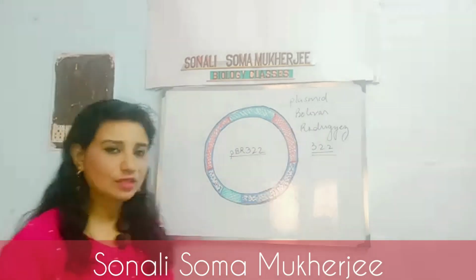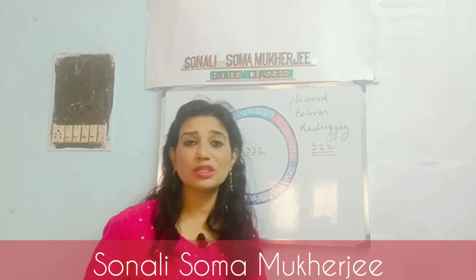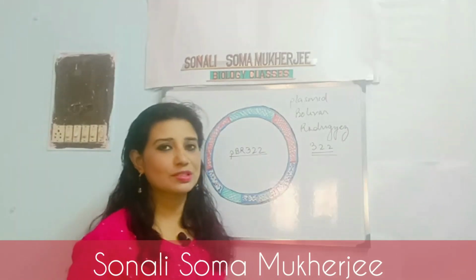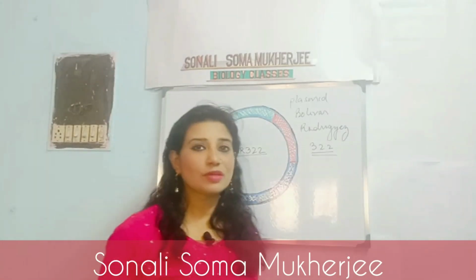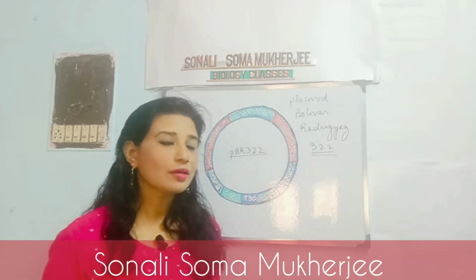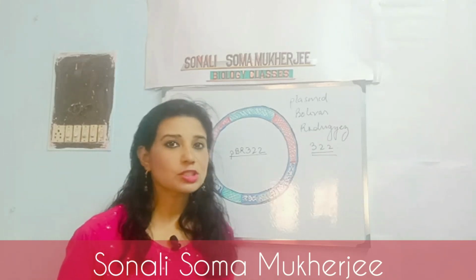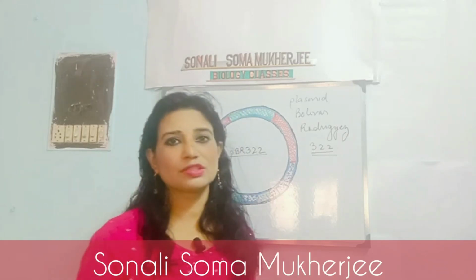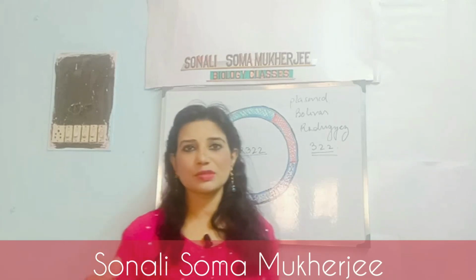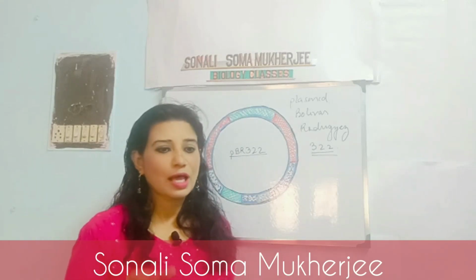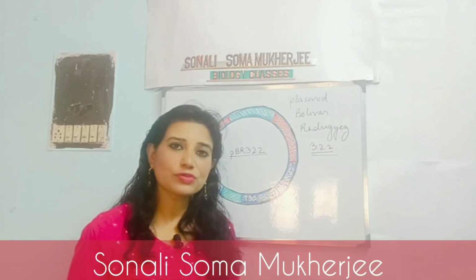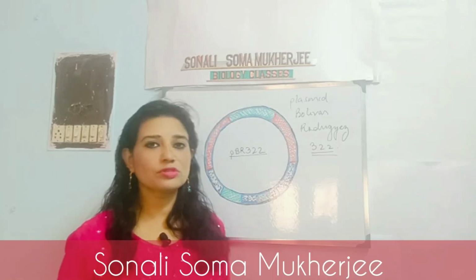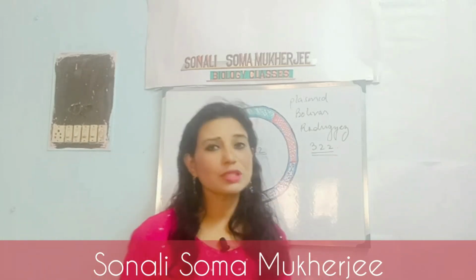This is a plasmid vector which is a cloning vector. There are some unique features about this vector which I am going to point out right now. Let's see what the unique features are. It has a selectable marker region where many restriction endonucleases are found. What is a selectable marker region? A selectable marker region is a particular nucleotide sequence, a larger sequence, that is able to differentiate the transformants from the non-transformants, the recombinants from the non-recombinants. You may ask me what the transformants are.